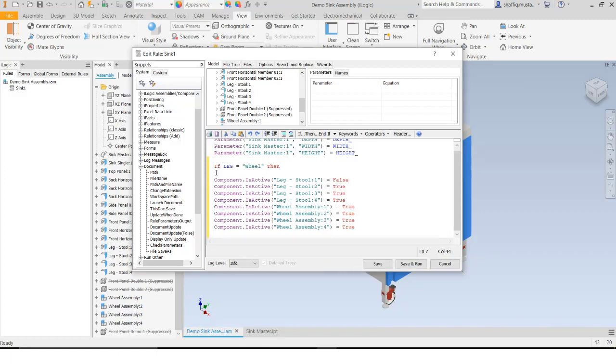So it means when we set the parameter late to wheels, then stool will be suppressed. So I just copy this false statement and paste it into the true. And leave the wheel as true. Else, if